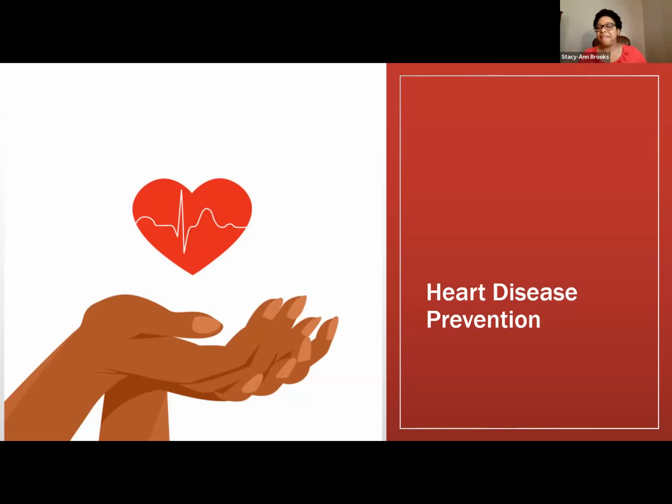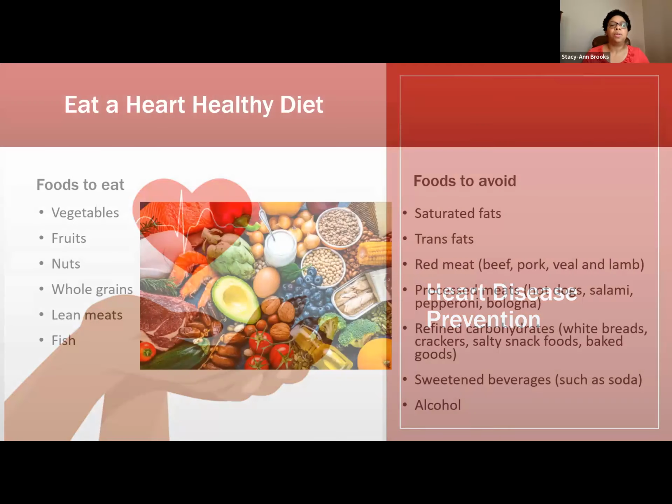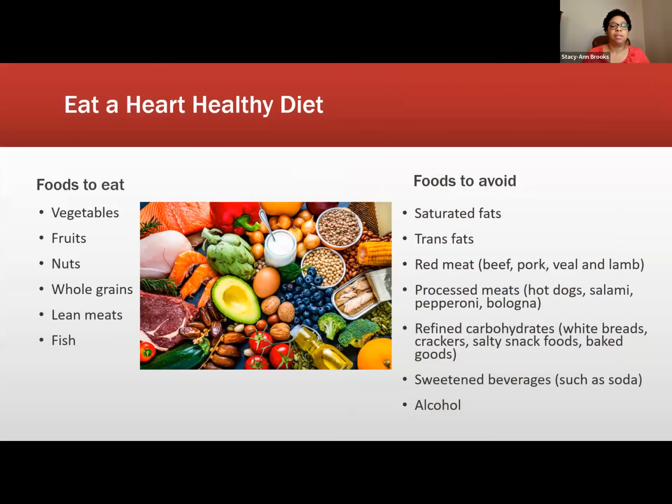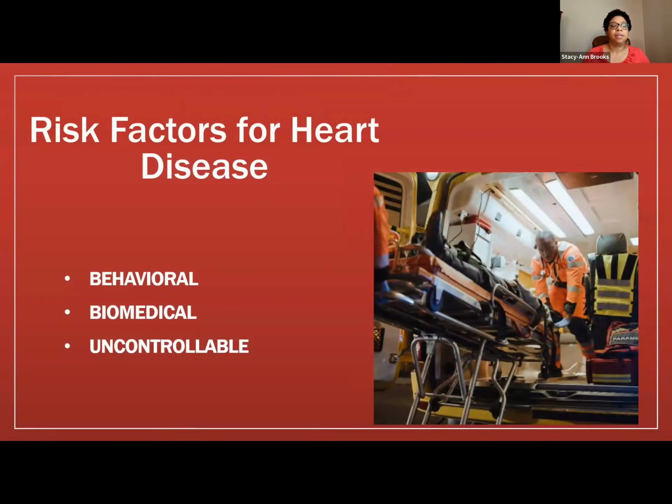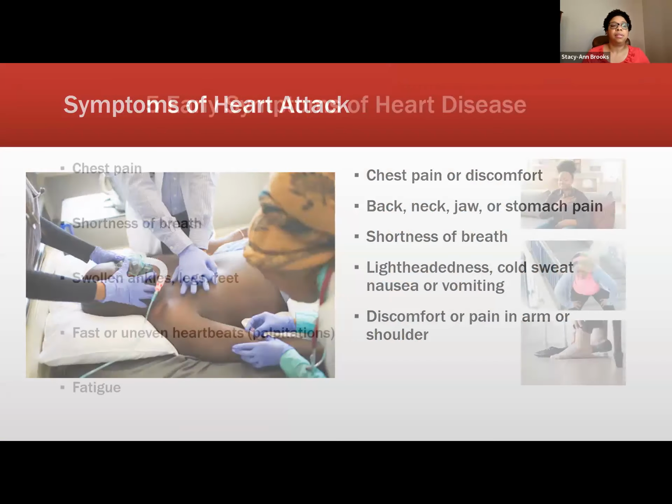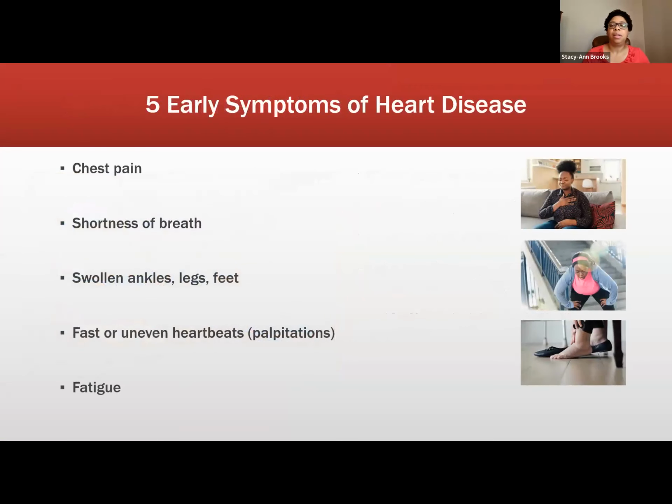Okay. And one other question. You showed the symptoms of your heart disease. Do you have to have all of those symptoms that you showed? You showed fatigue, swollen ankles and feet. There were some other areas that you showed. Let's see. Heartbeat, palpitation. Now, suppose you only have one of those areas, you're still at risk, I mean,